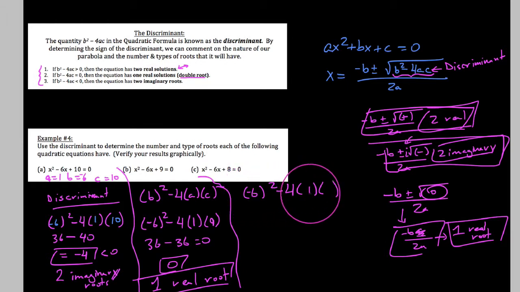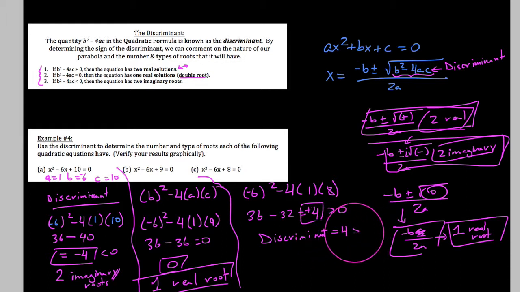So we get negative 6, a is 1, c is 8. So I get 36 minus 4 times 8, which is 32. So I get this positive 4. And the point here is it's positive 4. It's greater than 0. So since the discriminant, I'll write this out, the discriminant